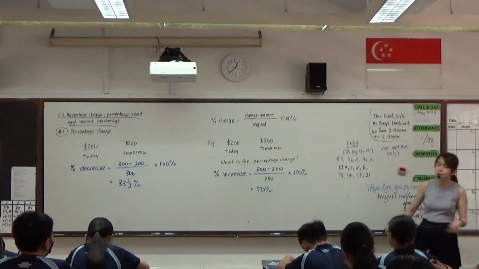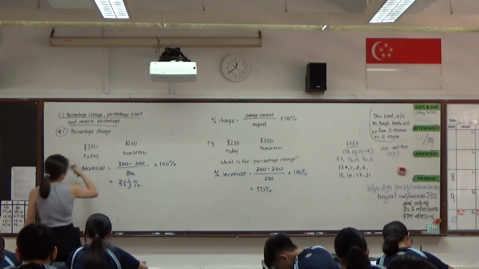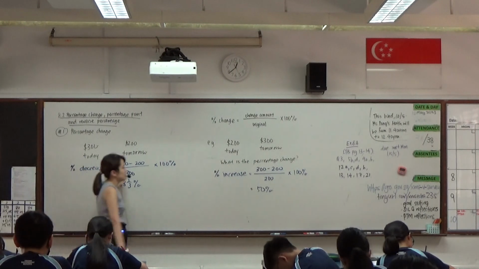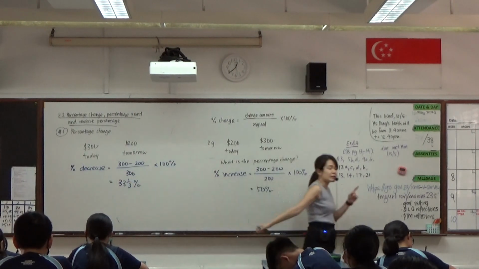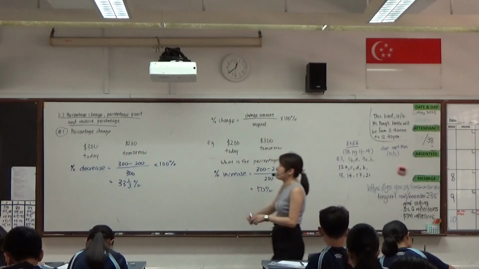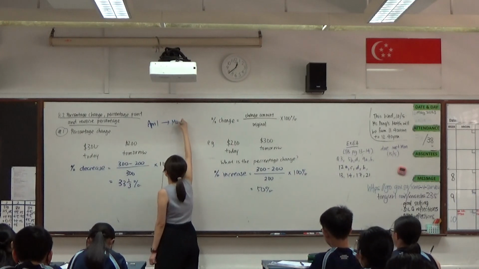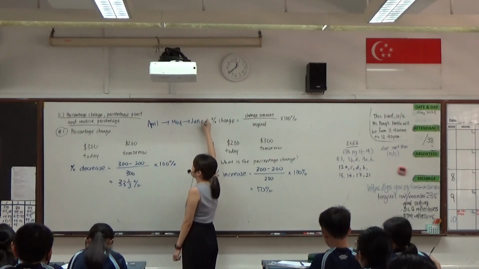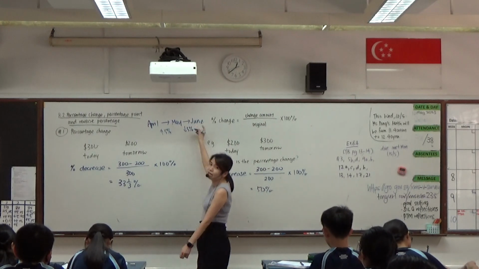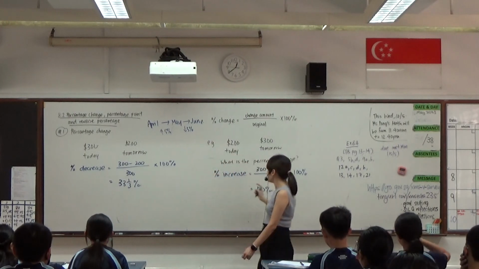So we need to be very careful that a percentage increase may not be exactly the same as the other way round, because the base amount is actually different. So this may help us to illustrate how, in my April to May to June example, if there is an increase of 5% and then a decrease of 5%, it may not mean that I am back to the starting point. Because we can clearly see that